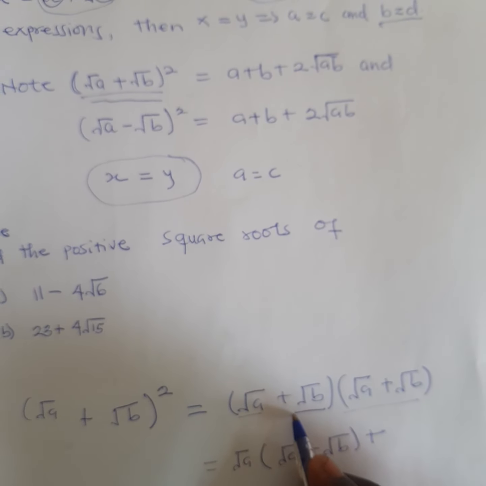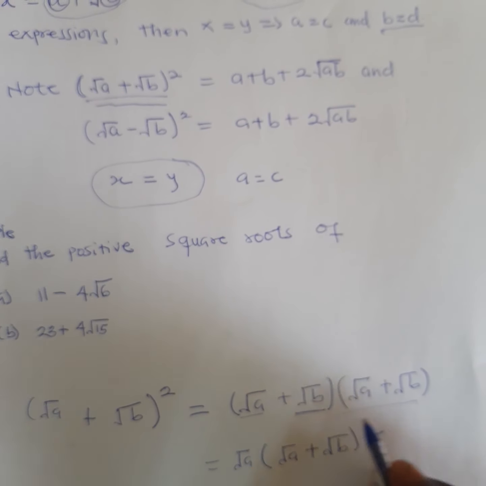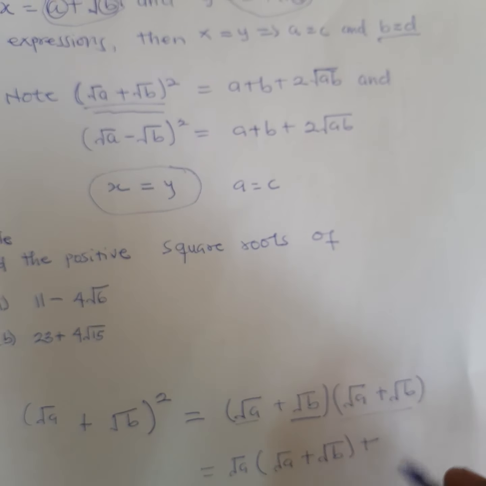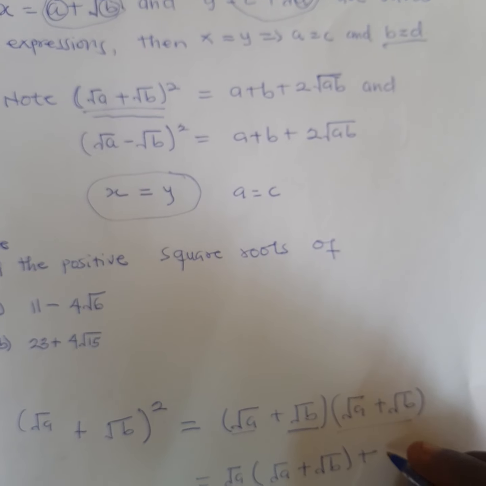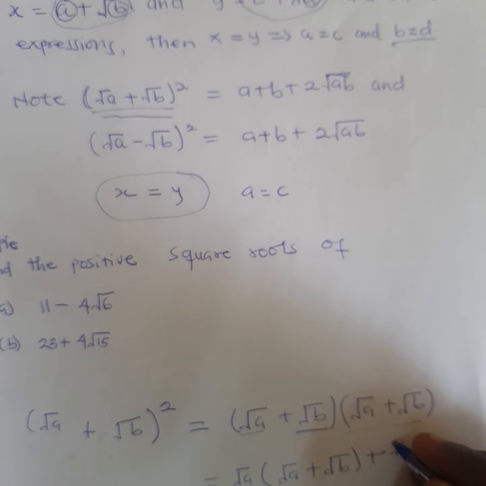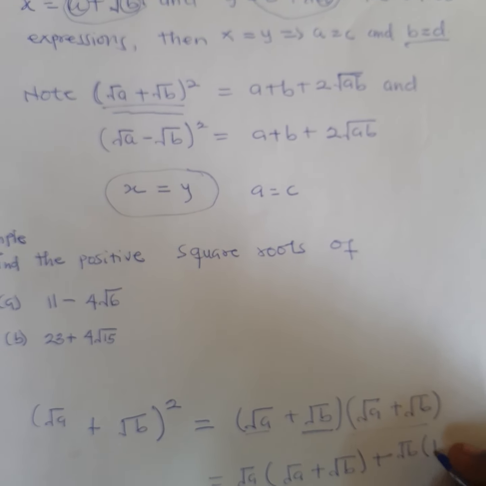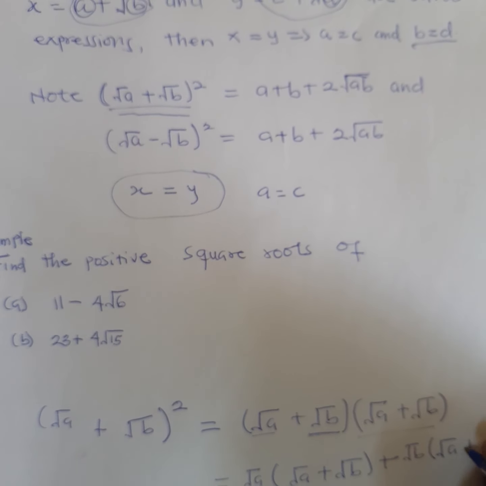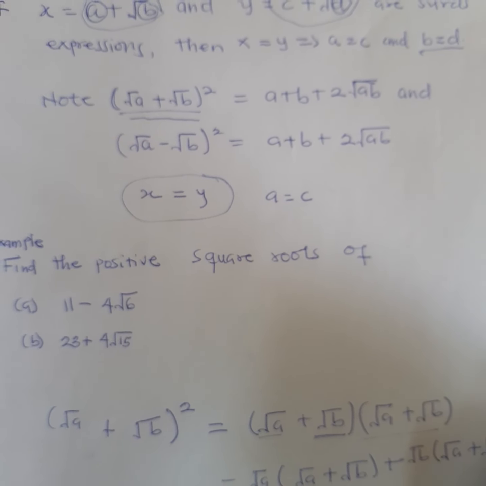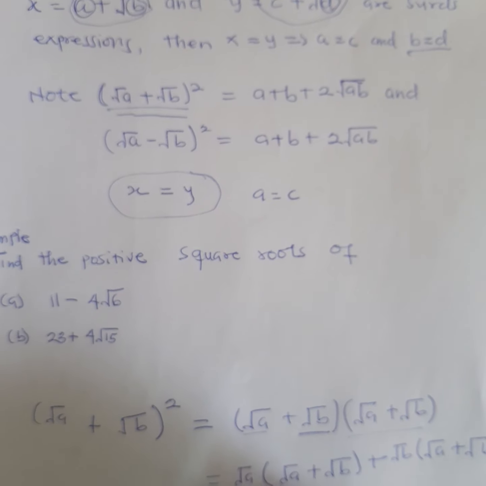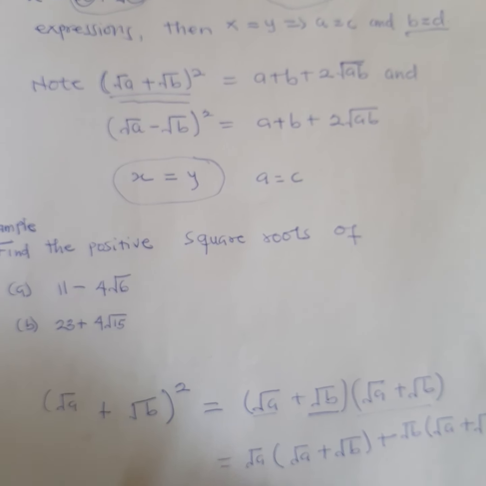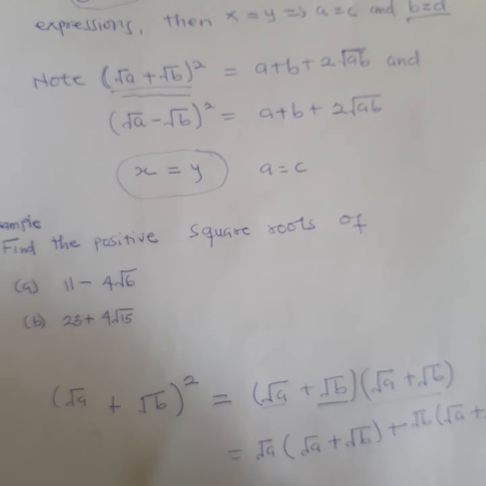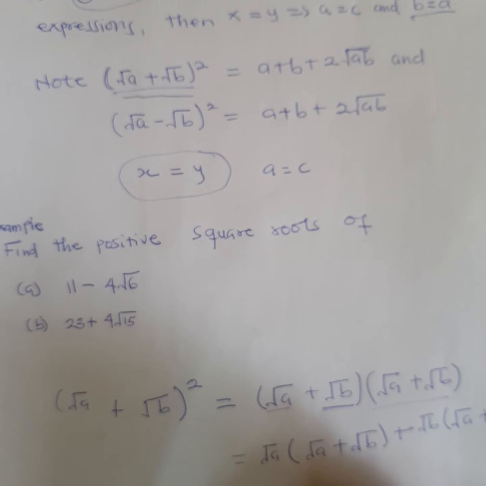You take the next term, multiply it by the second bracket. The next expression you're going to get is root of b multiplying the whole of the same expression. Now, I'm just coming to prove something to you. That is why I'm solving this. So this multiplied by this, you're going to get